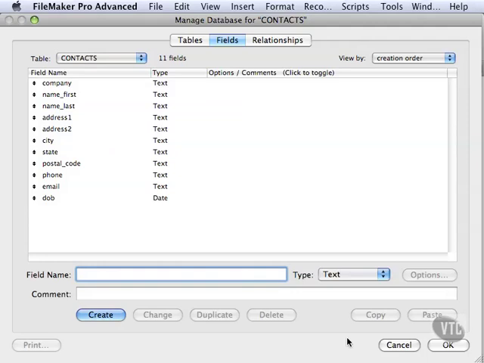Let's talk about housekeeping fields. Housekeeping fields allow you to keep track of what's happening to your record, such as when that record was created, when it was last modified, who created it, and who last modified it. Now, you may not even display these housekeeping fields on your layouts, but they can help you track